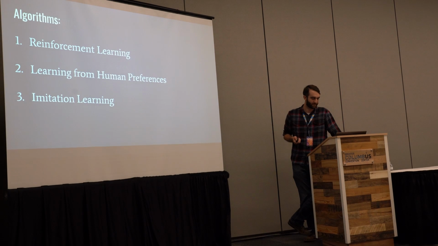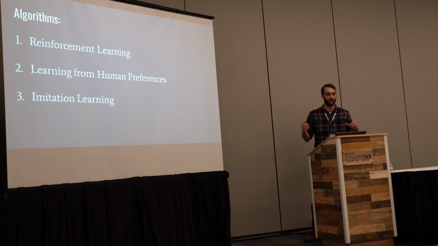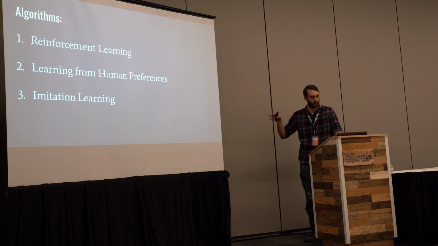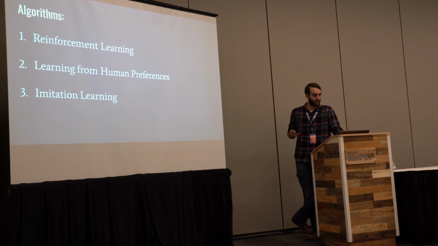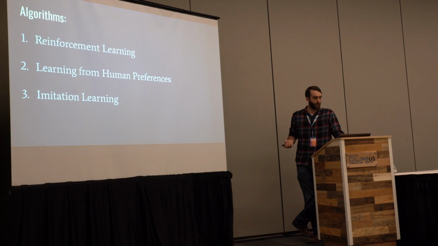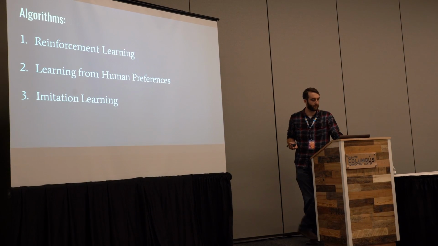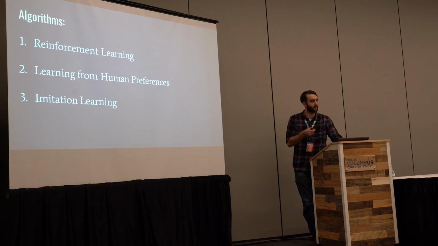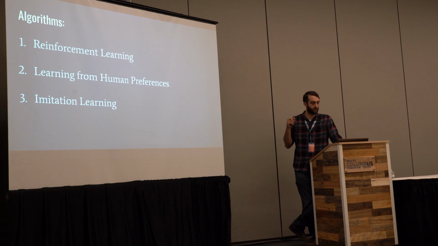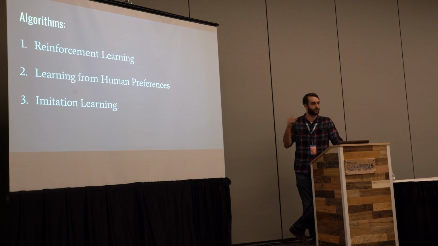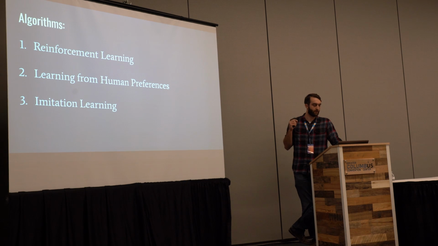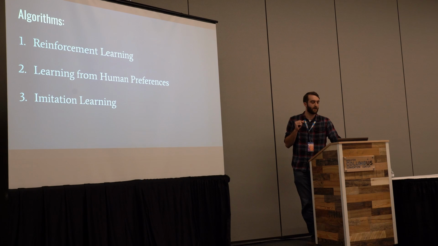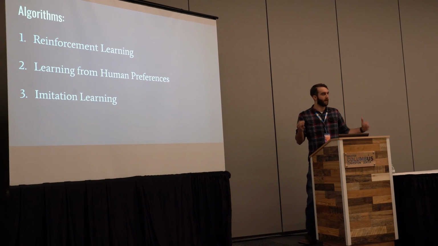So let's take a look at some algorithms. How can you take this magic technology that can put out the right floating point numbers and use it to actually do stuff? So there are 3 different algorithms I want to look at. Reinforcement learning, which was a big part of Professor Landon's talk yesterday, and then 2 other algorithms that I think are a little bit closer to what we should be doing. So learning from human preferences, which is a slight tweak to reinforcement learning, and then imitation learning, which is what my demos use.